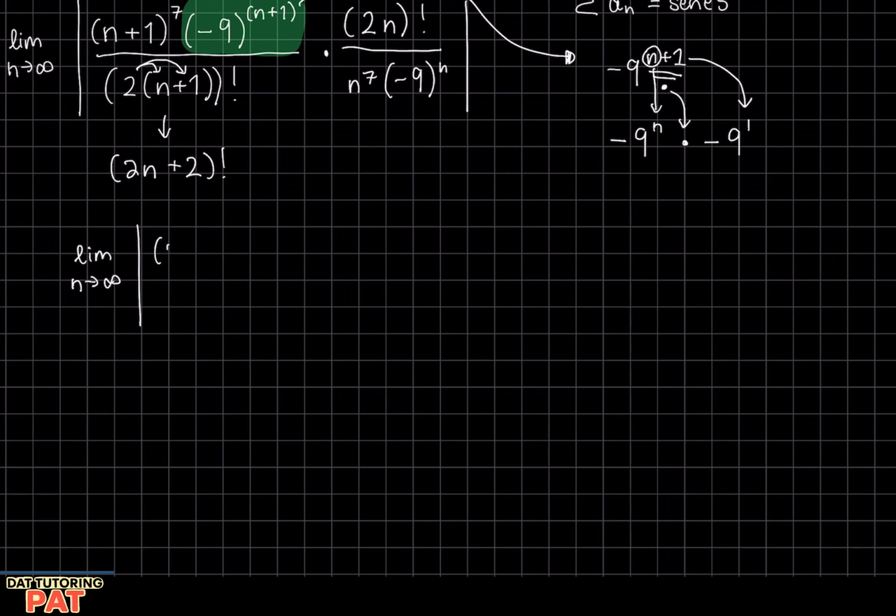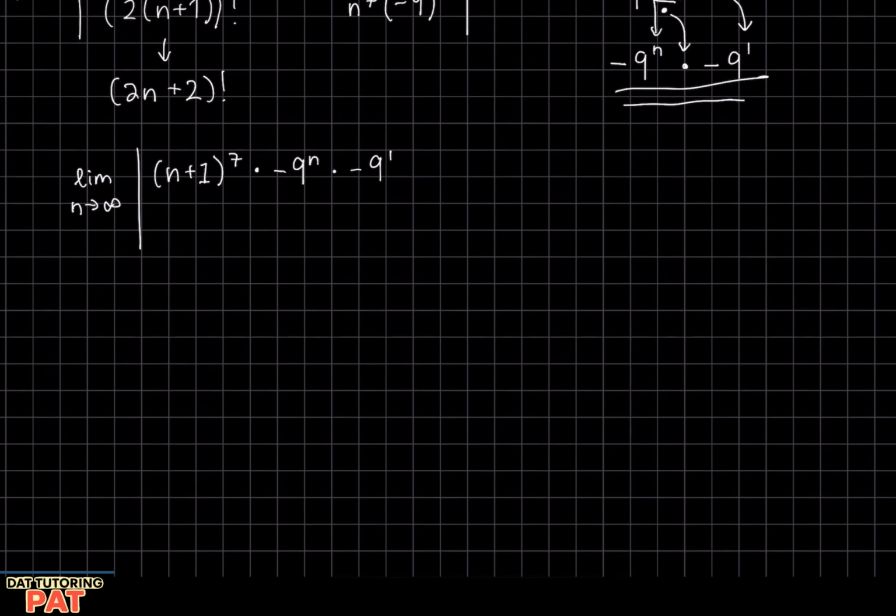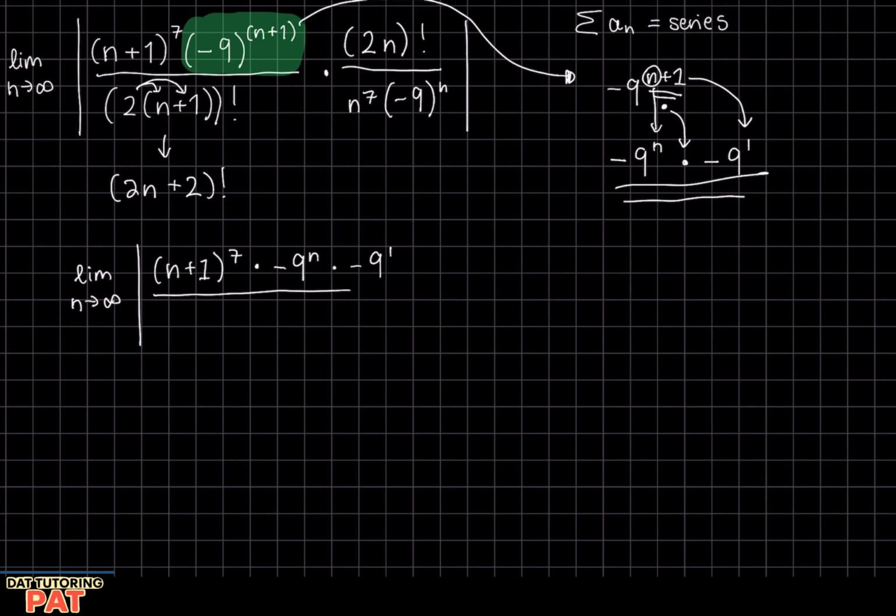So we have (n plus 7) to the 7th power, to the 1. And then we're going to have times negative 9 to the n times negative 9 to the first power, because that's what we determined here that we can do with our exponents. It's going to be pretty important to remember when it comes to these types of problems, and a lot of problems in calculus. So just do that factorial, and we're just going to write out our original,